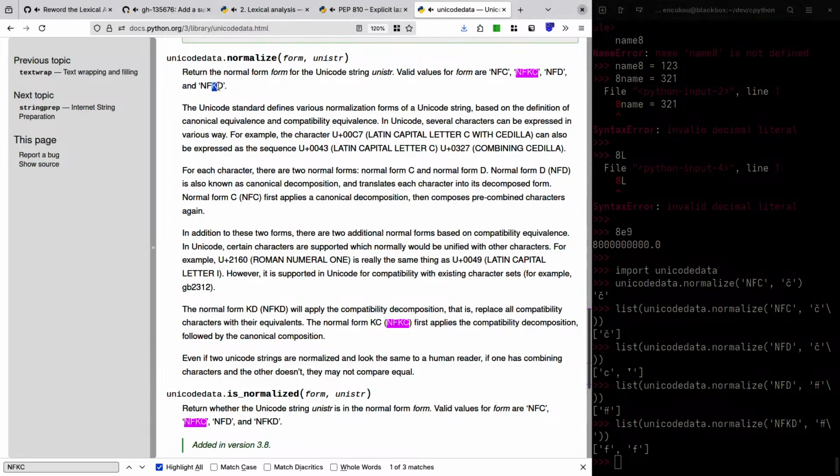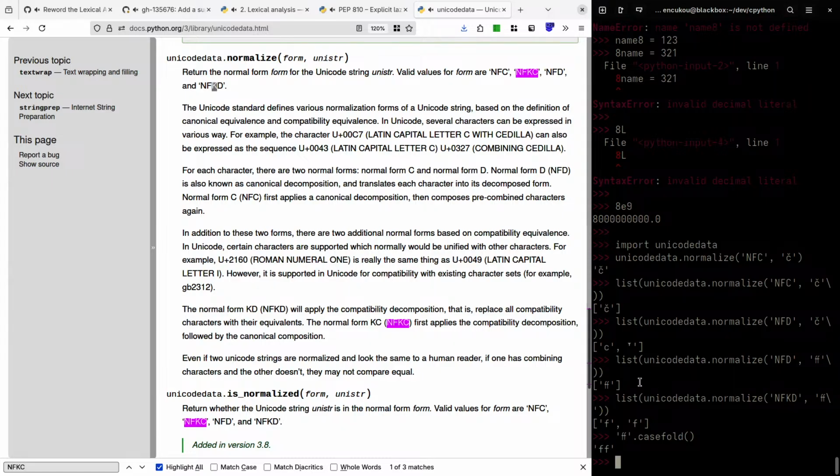Also the K here stands for compatibility. It's not C, it's K because C would clash. The forms with the K will take characters like the FF ligature and split those out into multiple letters. That's what casefold does, which is particularly useful for case insensitive comparisons, contrary to the simple lower.